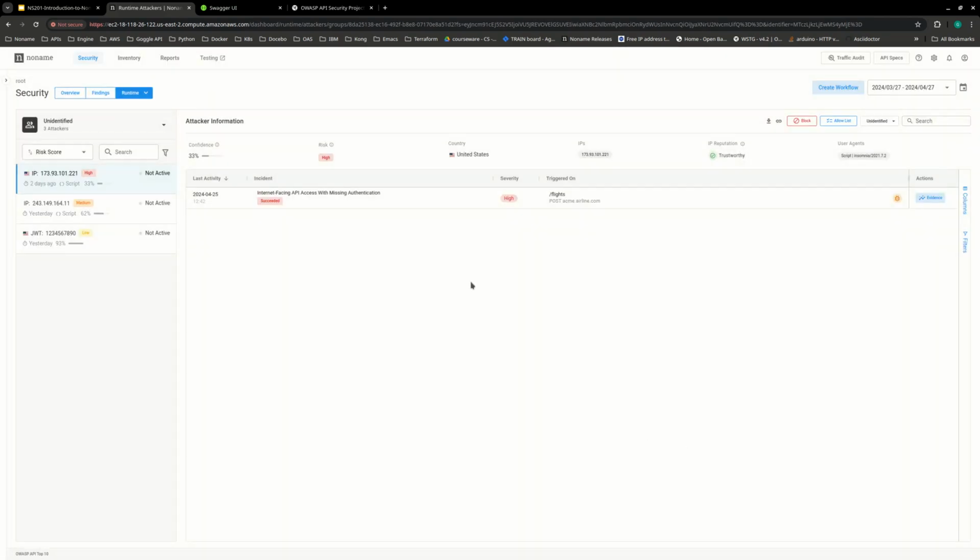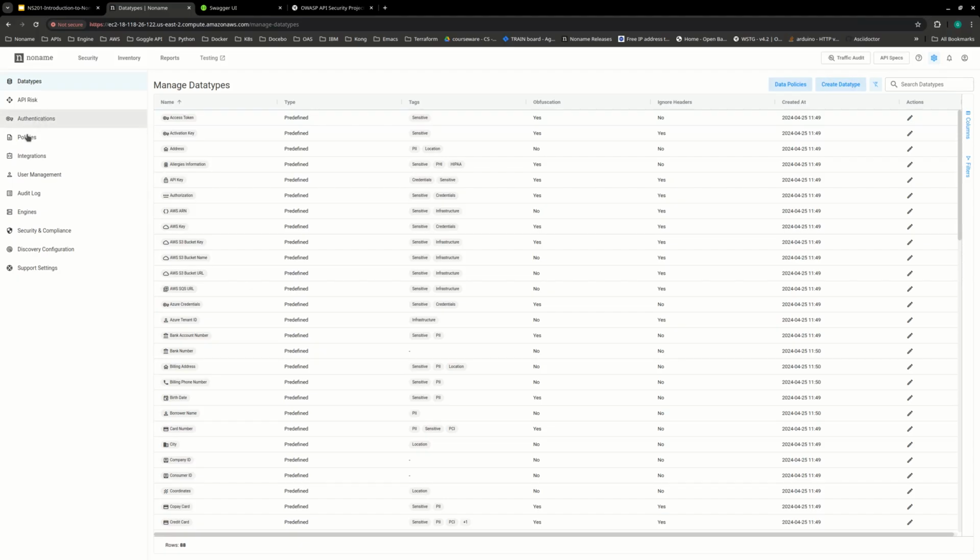Five different types of workflows: audit, changes, findings, incidents, and now attackers. This is fairly new, okay? These attackers. And we're going to see this page. We're going to revisit this page in a future section of this course, right? Do not worry. All right. So I can set up workflows by navigating into these separate pages, right? So that's one way. Now, what I'm going to do is I'm going to navigate under settings,